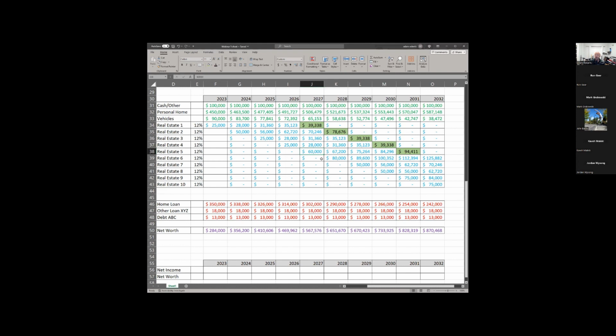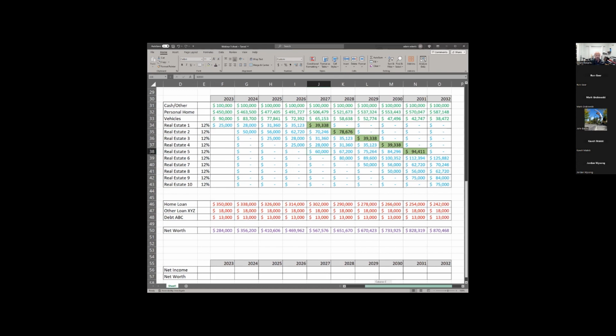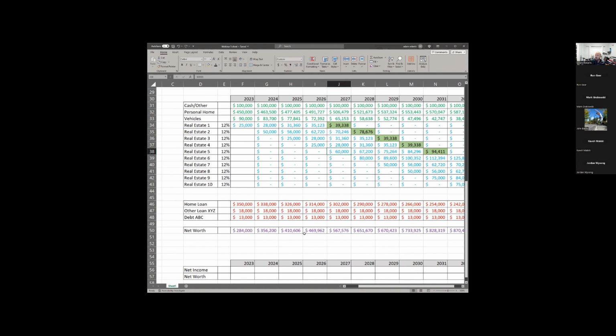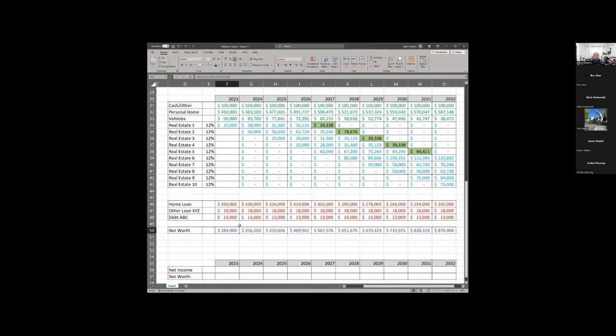So, everybody's going to come from a different financial situation as far as these numbers go and what you can invest. But check this out. This is great. Through the power of real estate investing, we've taken this family's net worth, about $300,000 in 2023, and we have, what is this? Pretty healthy, right? We've 3x'd it. We've taken their net worth and we've multiplied it three times over with one real estate investment per year, right?